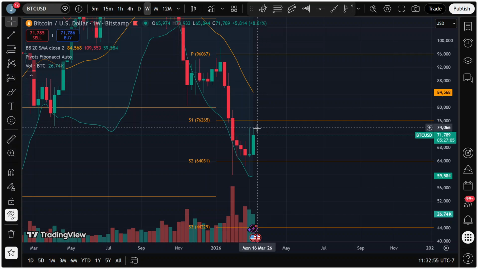Now, the only problem is, as this candle prints here, it doesn't really matter where it prints, this weekly SMA is still going to get pulled down lower. I don't know exactly where, but I would imagine it's at whatever, like 84 and change, 84.5 right now. I would imagine it's going to get pulled down to 82.5 or something like that. And then it's the same thing. How long does it take before we interact with it? By the time we interact with it, I bet that's probably going to be somewhere between 80 and 82K.